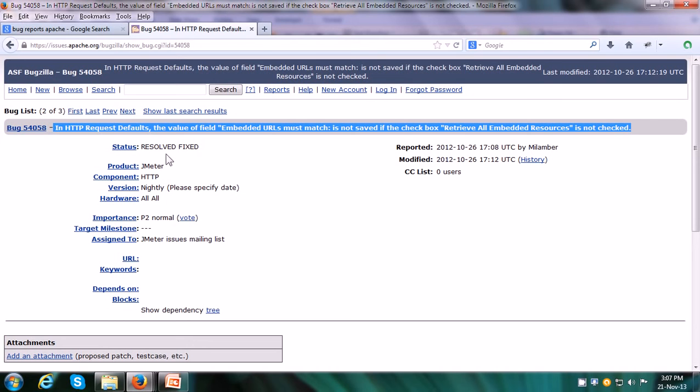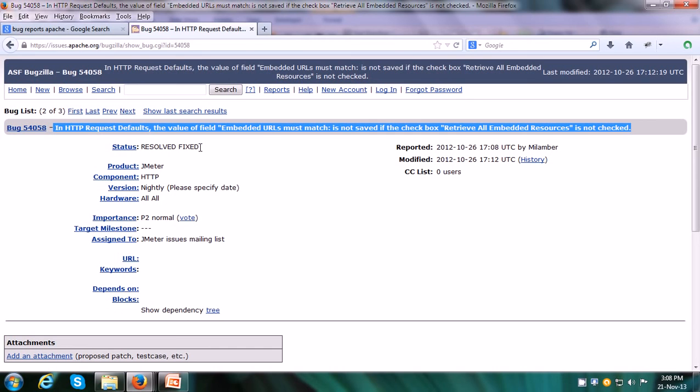Then there are some fields. Some of these fields have been filled up, but some have been left blank. So the important ones have been filled. So it says the status. The status is what state the bug report is in. If it is a brand new bug, the status is going to be new. If it is allotted to a particular developer, the state is going to be assigned. If the developer has found the solution and applied it in the product or service, then the status will be fixed. So here the status is resolved and fixed.